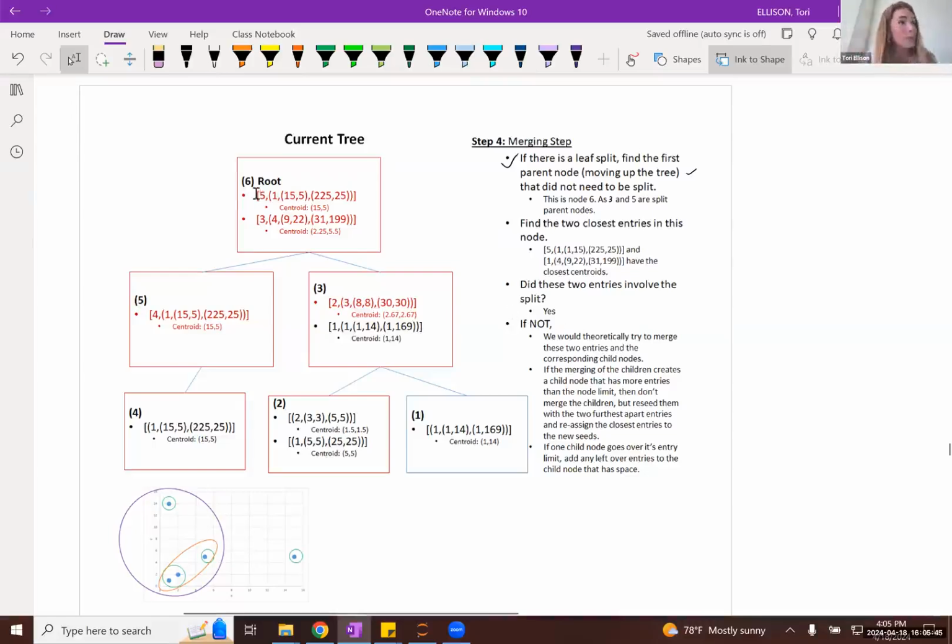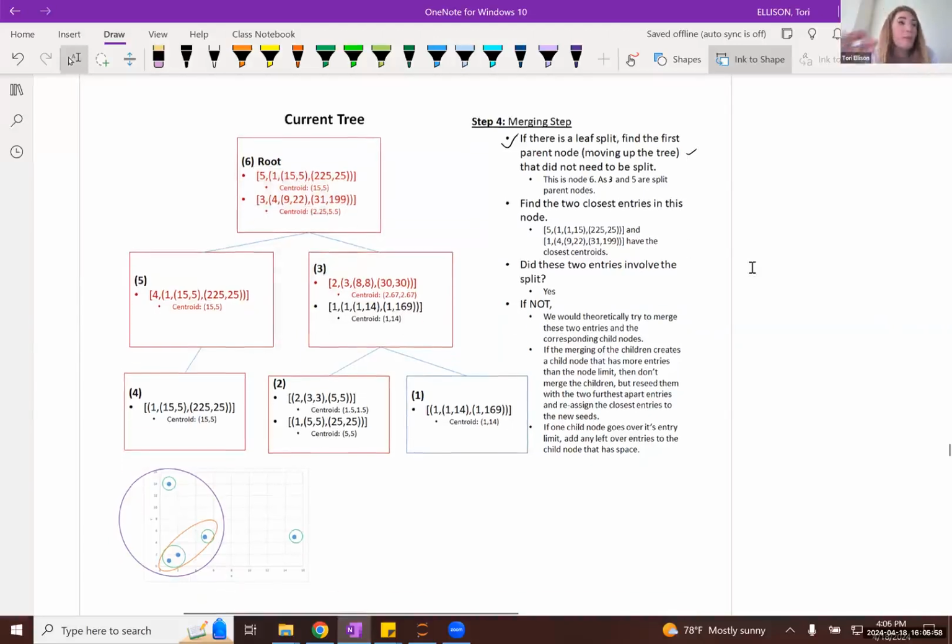However, if it was the case that these two closest cluster entries did not involve the split, then what step 4 allows you to do is see if merging these two close clusters might actually be a good idea. So what you would theoretically try to do is merge these two clusters here.